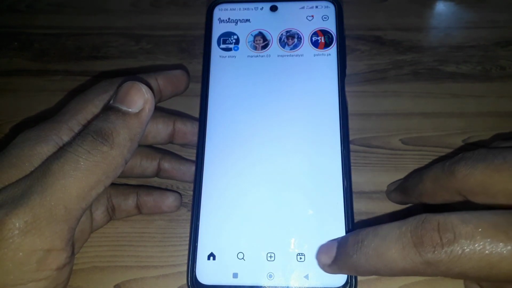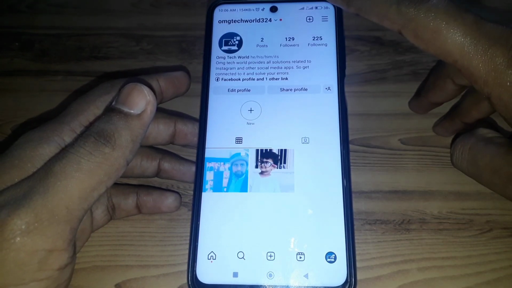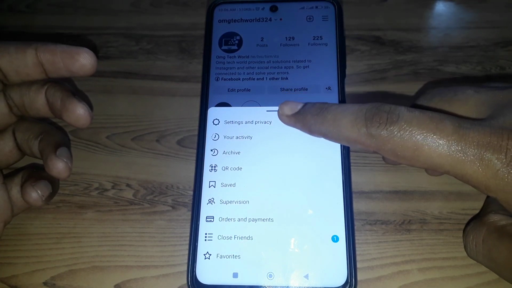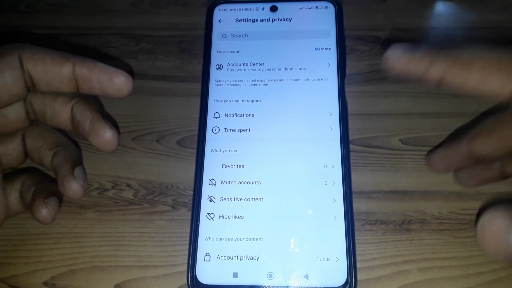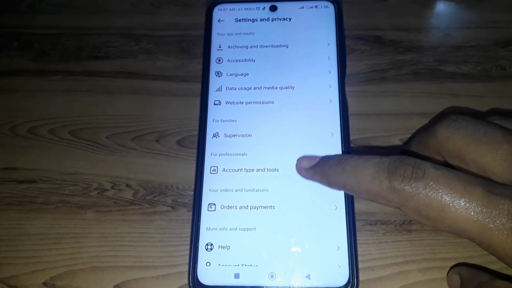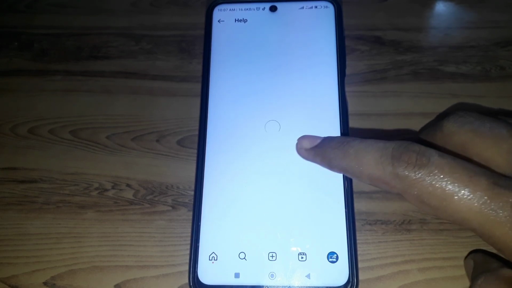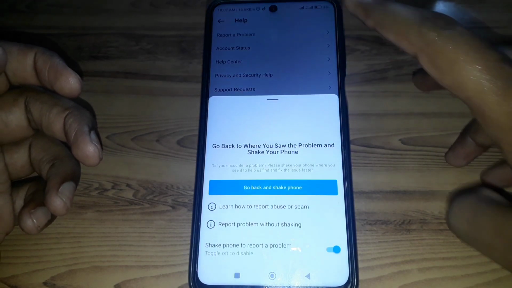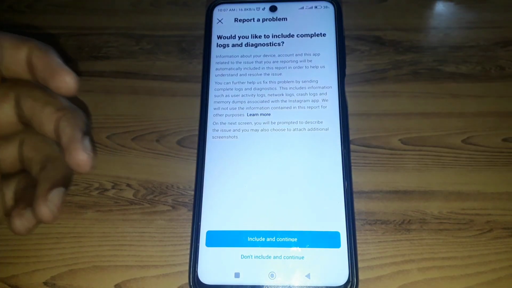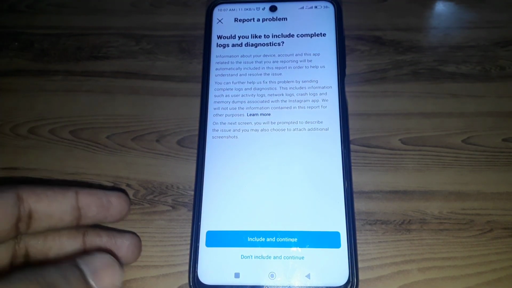And after that, if the problem is still there, what you have to do next is simply click on the profile. And after that, you have to click on the three lines here, and in the three lines you have to click on settings and privacy. In settings and privacy, you have to scroll down and simply search for help, and here you have to simply report that problem. And after that, you have to click on report a problem,